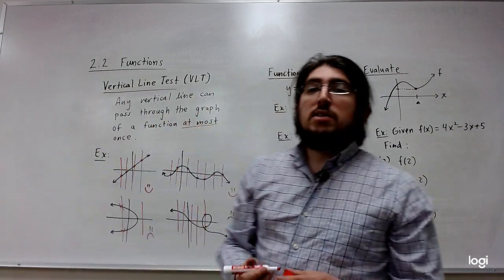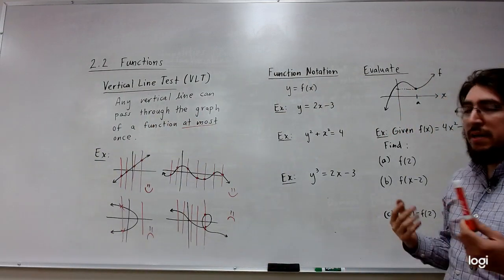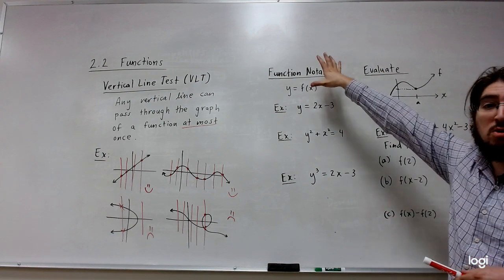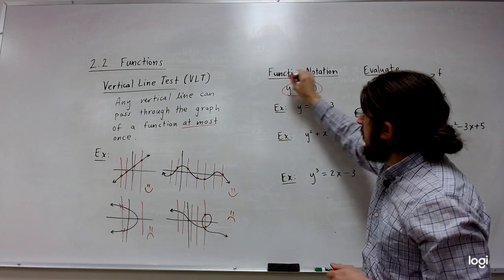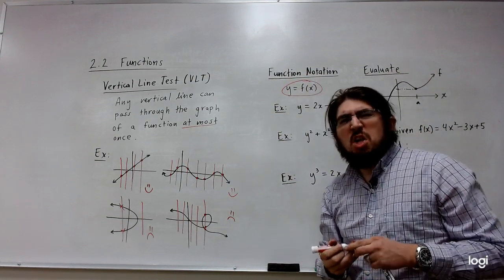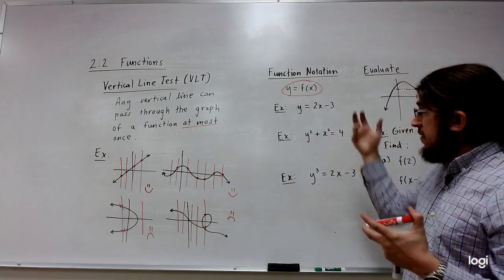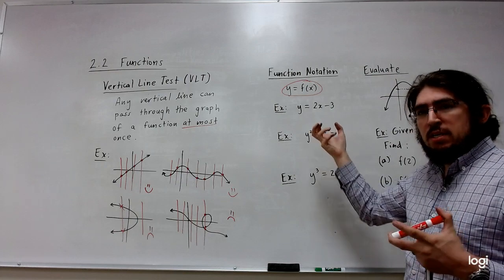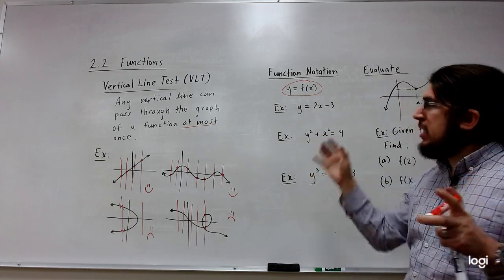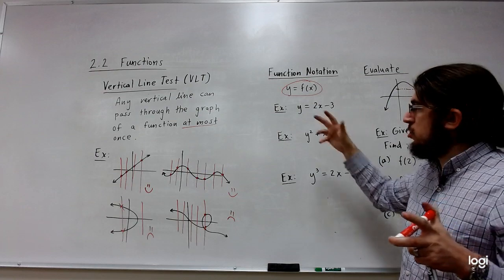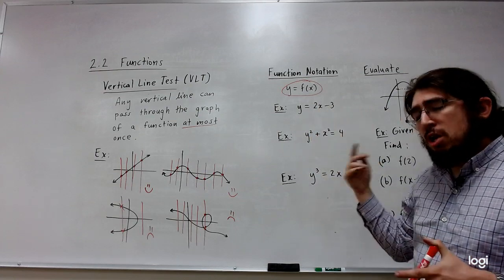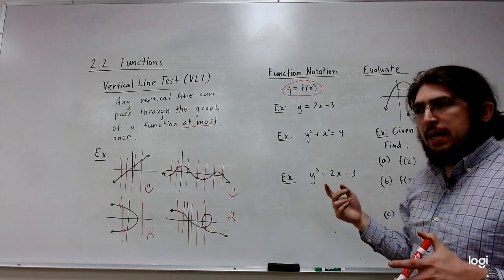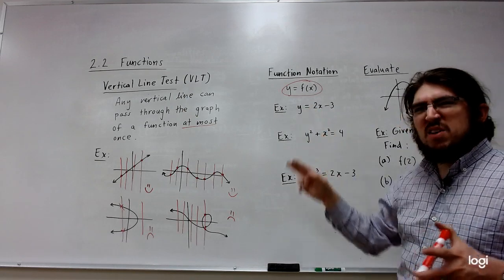Good. So now we're going to move on to the most useful thing in this section, which is function notation. And the function notation we want to establish is the following. y is equal to f of x. So algebraically, given an equation of a relation, remember a relation is a set of ordered pairs, and ordered pairs are solutions to an equation in 2 variables. Great. So if you can solve for y completely, and you get y by itself, and you don't have any